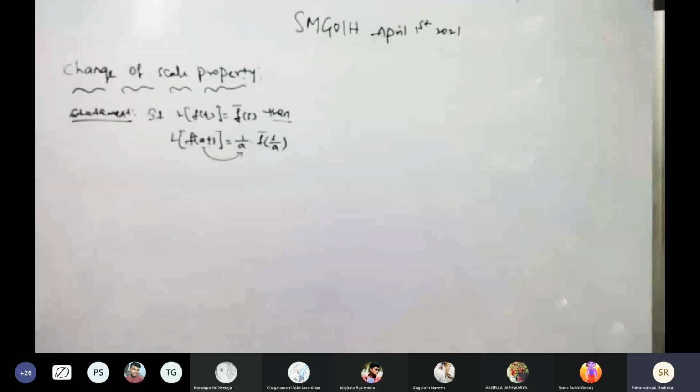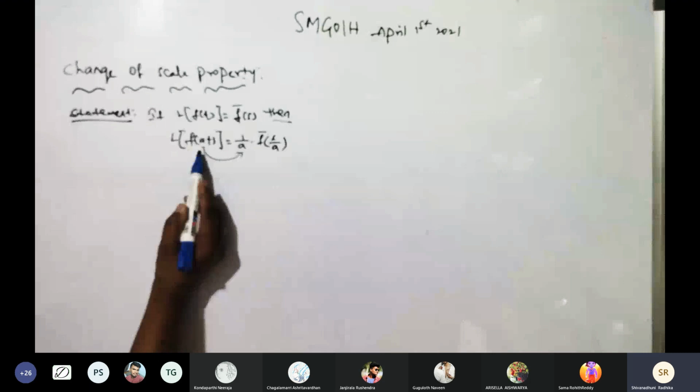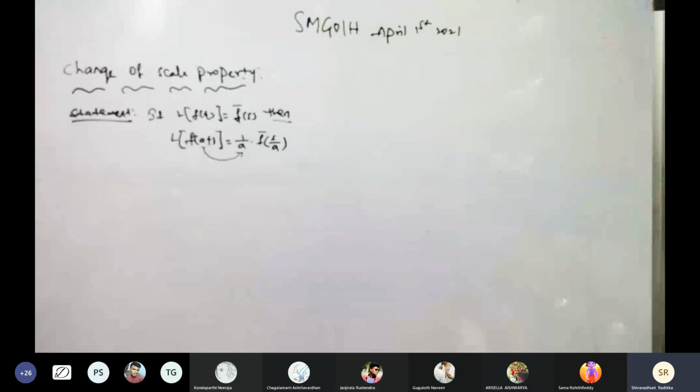But what is the difference between the previous methods and the change of scale property? This is one of the methods and properties. We use the Laplace transformation where the variable t is multiplied by a constant. But in the question paper, if it belongs to the change of scale property, they compulsorily mention the method name: change of scale property, find the Laplace transformation. Is it clear?